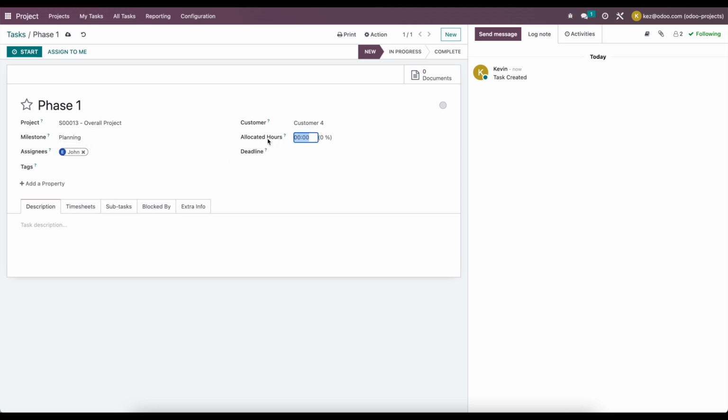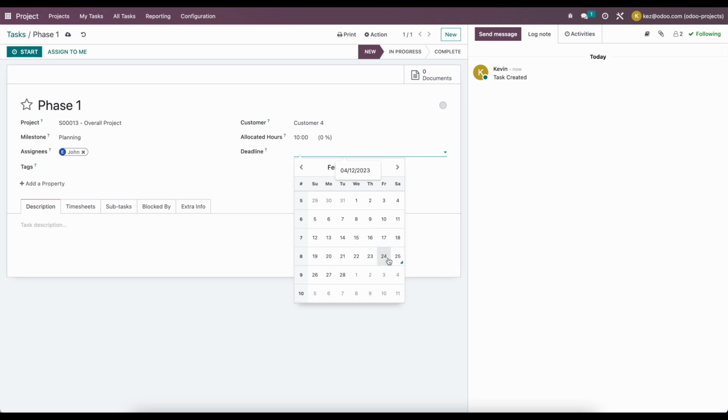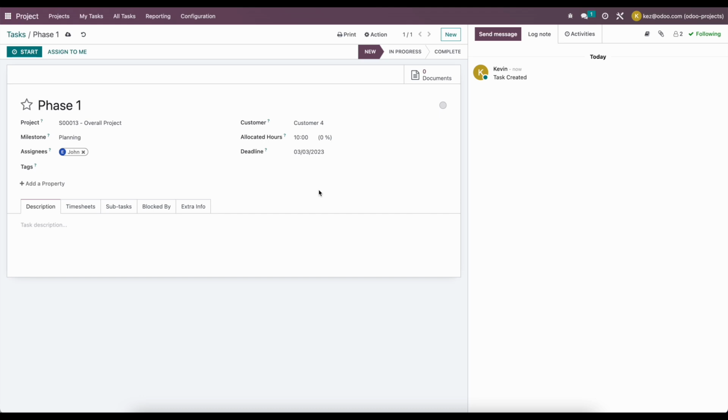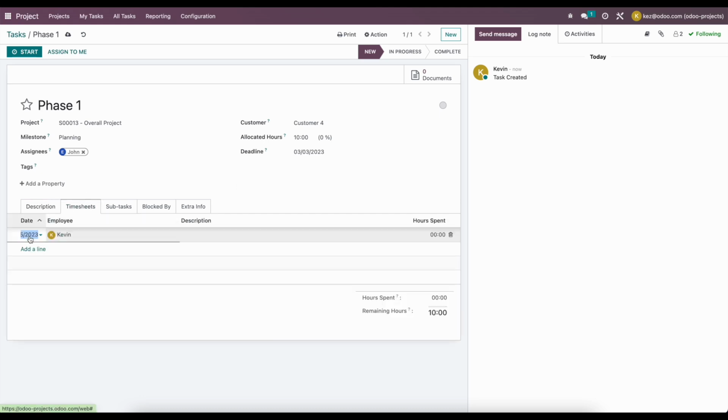Maybe this is going to take us 40 hours to complete, or let's say 10 hours to complete. We can give this a deadline, and we'll say that this deadline is March 3rd. We can tag this, write some description, start timesheeting against this. So maybe John's working on it, planning project,